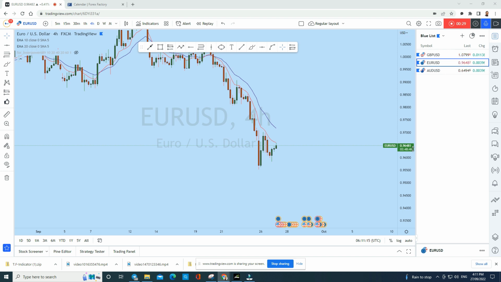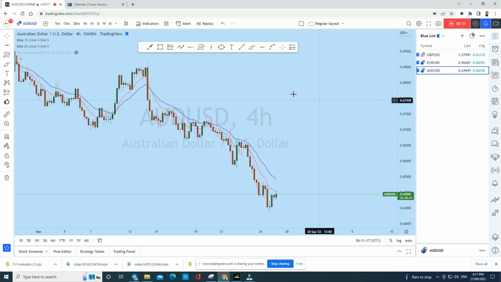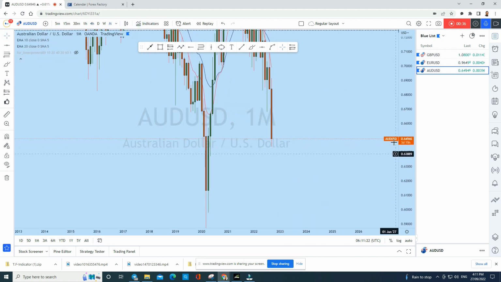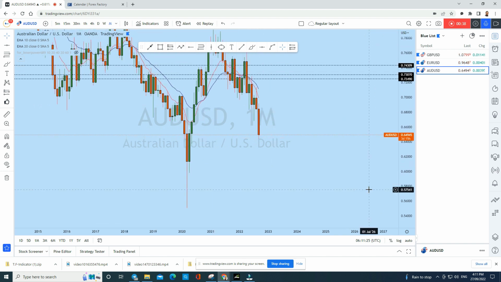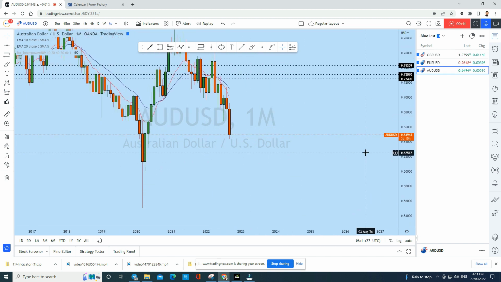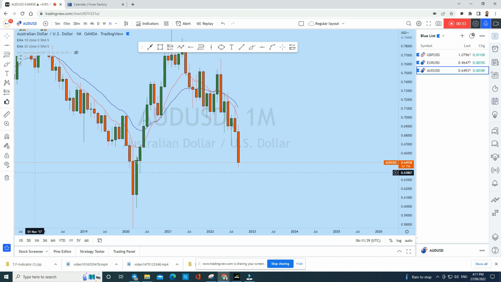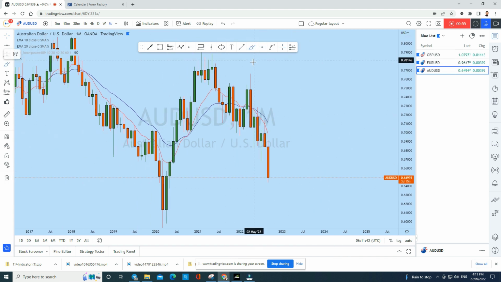Now, starting with first of all Aussie dollar to see the bigger picture of what's happening in the market. We'll be looking at the monthly time frame first. Now, Aussie dollar, as you can see, this is the monthly candle, and this is the last week of the month. We could potentially see a very significant movement in this instrument. Now, this monthly candle, if you closely look at the bigger picture, what do you see? That Aussie dollar over the long term is in a very strong bearish move. As you can see, dollar getting stronger, and Aussie dollar has given us a very strong bearish movement to the